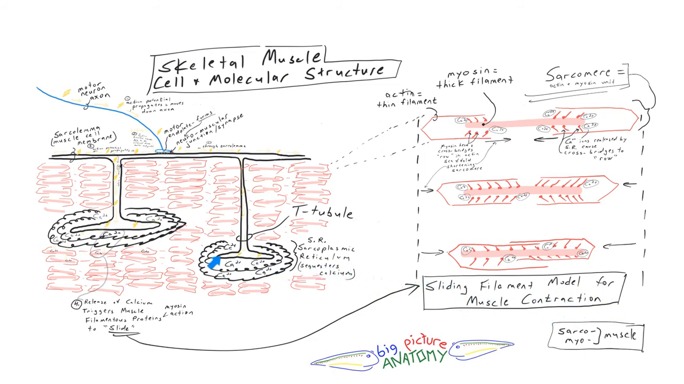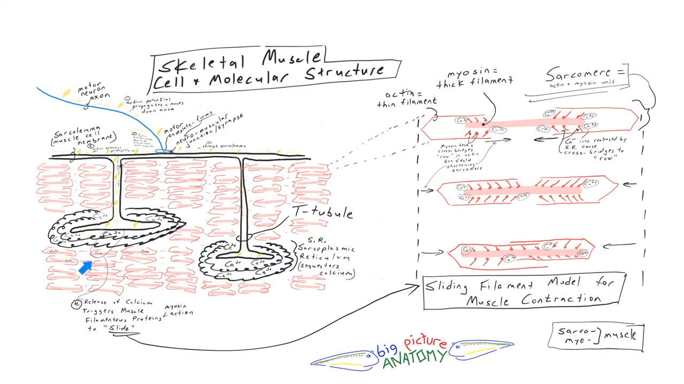So, just to summarize, these are the steps in muscle contraction. We have an action potential coming down the motor neuron. That's the first step. At the neuromuscular junction, that action potential is transmitted to the sarcolemma, or the muscle cell membrane, and is transmitted throughout the muscle and into the muscle through the T-tubules. That in turn triggers the release of calcium, which has been sequestered in the sarcoplasmic reticulum,